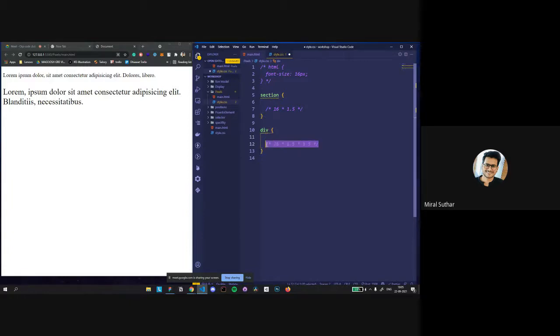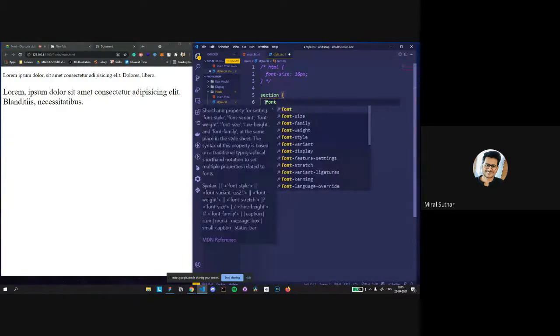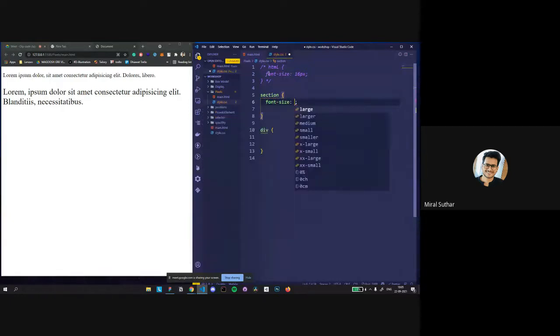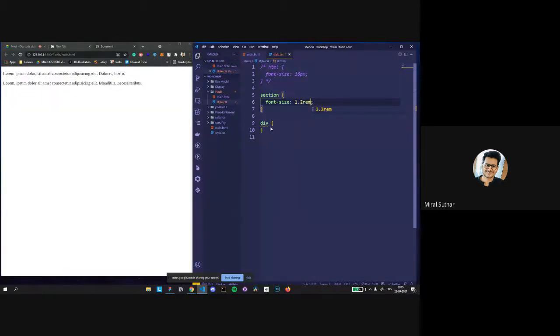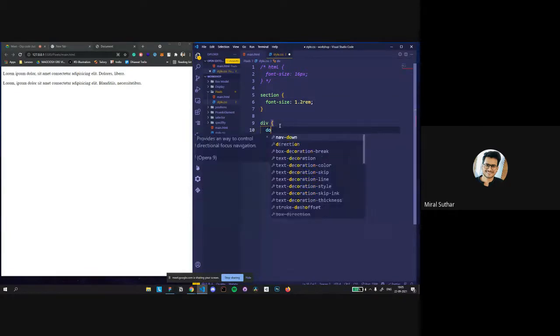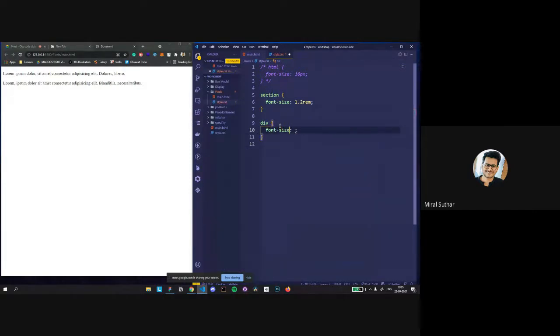So that's why we don't use these; this is basically for learning. We use what we can call REM, which takes only the global size from the HTML, 16 pixels. It doesn't go for any parent element, just 16 pixels only. So if you have 1.2 rem, it gives a size of 1.2 rem.